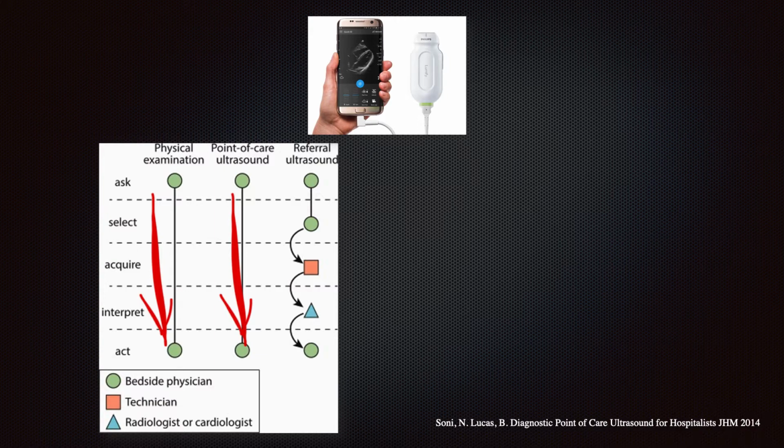Now, referral ultrasound, which is much more comprehensive, is done after you've made an ask, usually an order in the electronic medical record, and then a tech comes down, performs the ultrasound. The tech has to upload the images, be sent to a specialist such as a cardiologist or radiologist to read. They interpret that, type it out, load it back onto the computer, and then you have to log on to see the result before you act. So point-of-care ultrasound is not a formal ultrasound, and we'll talk about that more in the future, but there are its advantages